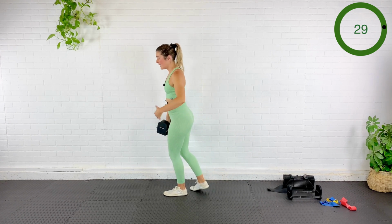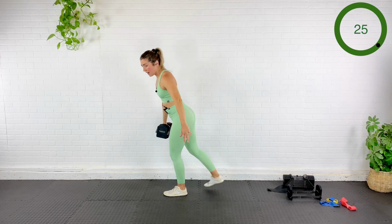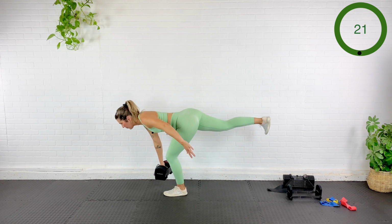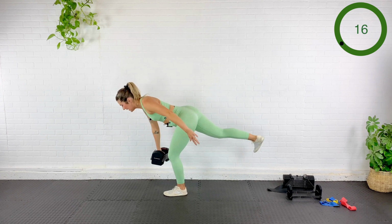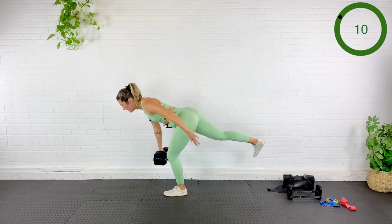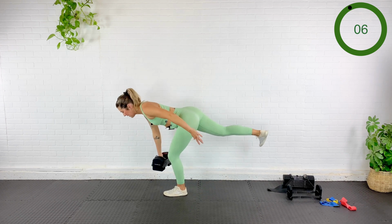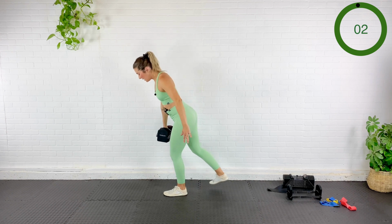So the leg that's been kicking back is still going back, right? 25 more seconds, guys. How's it going? Bet you never thought your buns could burn so bad without a bunch of squats and lunges. 15. Oh my goodness, 10. How's it going? We're gonna do a little cardio after this. 5, 3,